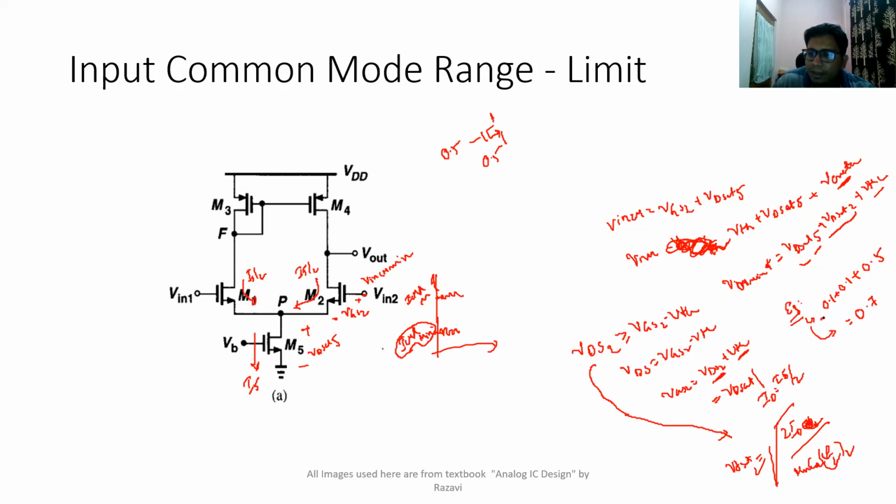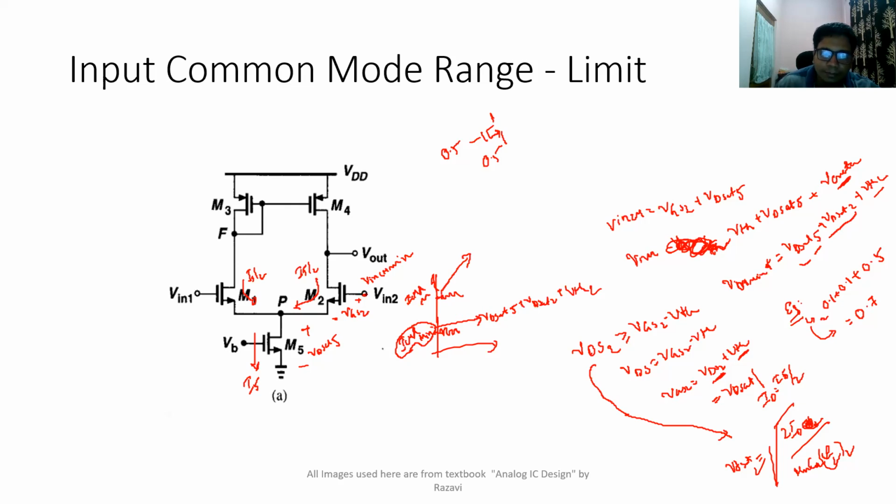So this is the minimum voltage you can go; you should not go below that. So ICMR minimum is decided by VD sat 5 plus VD sat 2 plus VTH of 2. Similarly, what is the maximum voltage which you can apply here? The maximum voltage which I apply here,